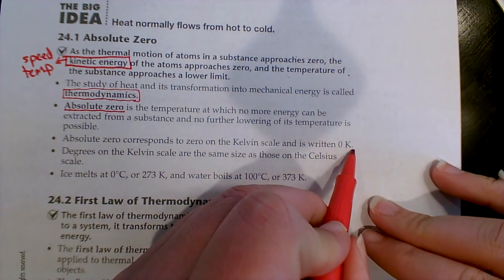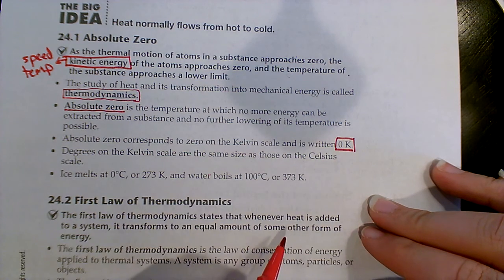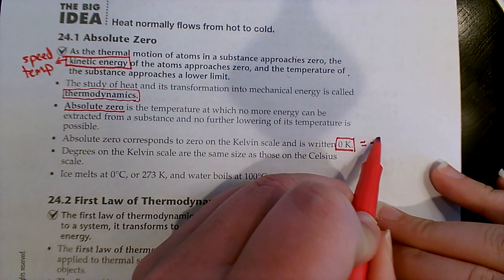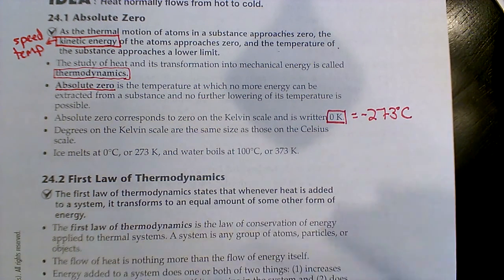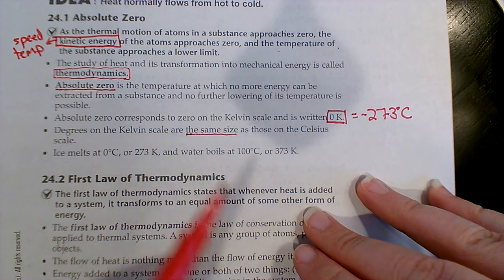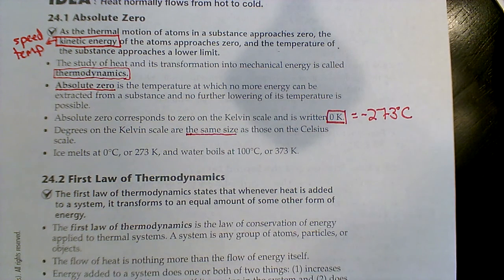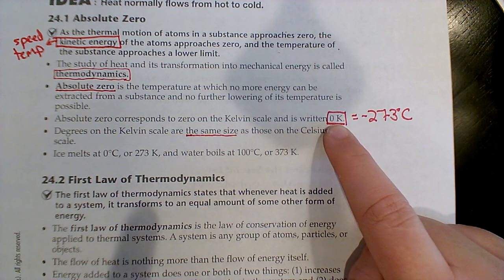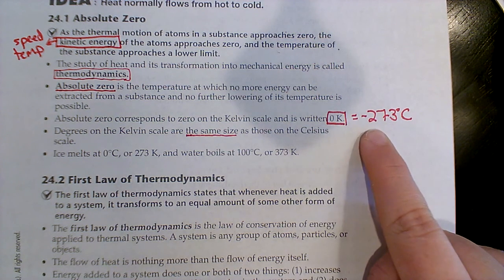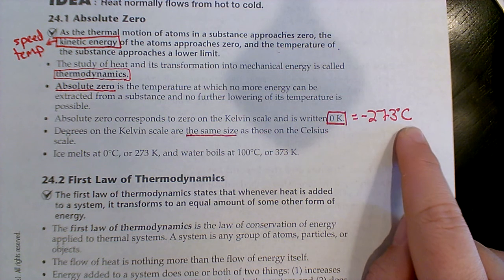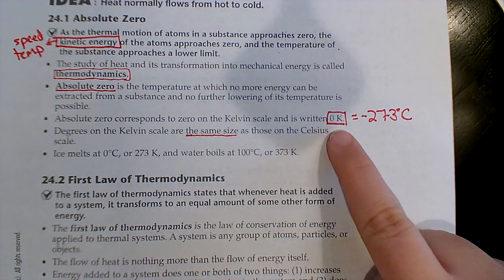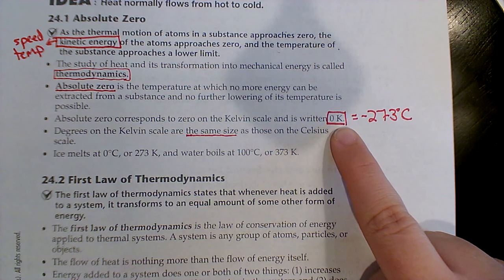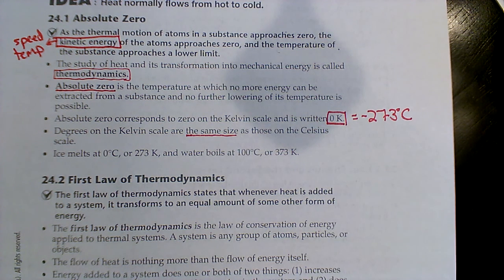And absolute zero is 0 Kelvin, or negative 273, and there's some decimal at the end of that, but we'll just go with negative 273 degrees Celsius. And again, they're emphasizing that same deal. Those degrees are the same size. So if I went from 0 Kelvin to 1 Kelvin, that's the difference of 1 degree. That's the same as going from negative 273 to negative 272. It's an increase of 1 degree. But an increase of 1 degree on either of these would be an increase of almost 2 degrees on the Fahrenheit scale. So it's kind of weird.